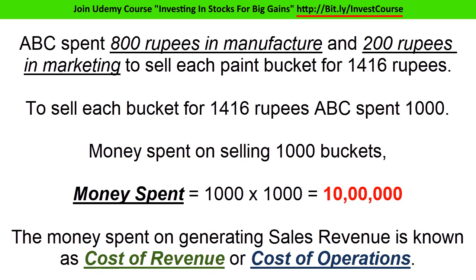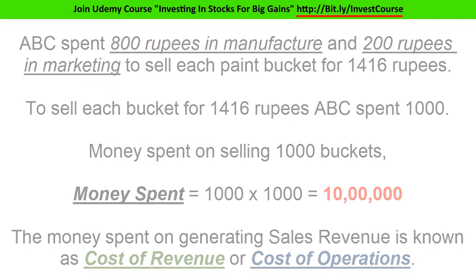Now let's assume to sell each bucket, the business has to spend 800 rupees in manufacture and 200 rupees on marketing and sales. So the business spent 1000 rupees on each bucket to sell it for 1416. And since the business sold 1000 buckets, it spent nearly 10 lakh rupees in effort to generate 12 lakh rupees of sales revenue. The money spent on generating sales revenue is known as cost of revenue or cost of operations, which